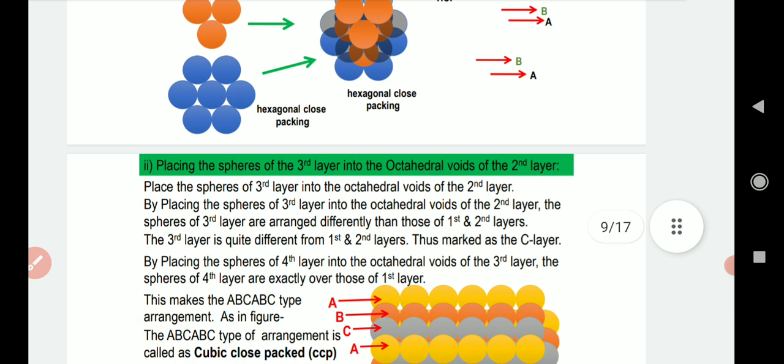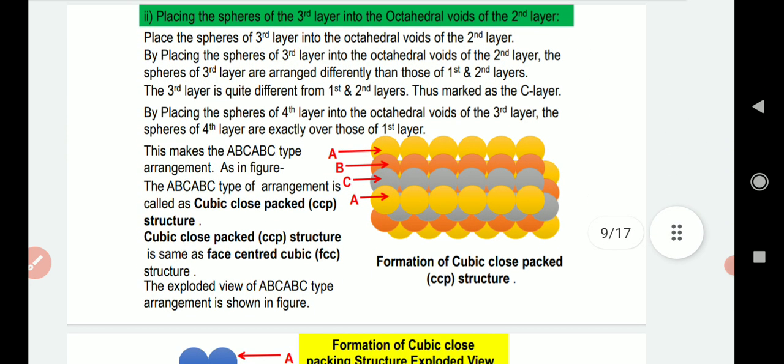आता हा झाला टेट्राहेड्रल वॉइडचा. We know that there is another void created, octahedral. आता ऑक्टाहेड्रलमध्ये how many spheres were involved? There were 6 spheres involved, 3 and 3. Tetrahedral मध्ये 4 were involved. आता octahedral मध्ये when you keep on arranging the layers one above the other, creating octahedral voids, you will find that